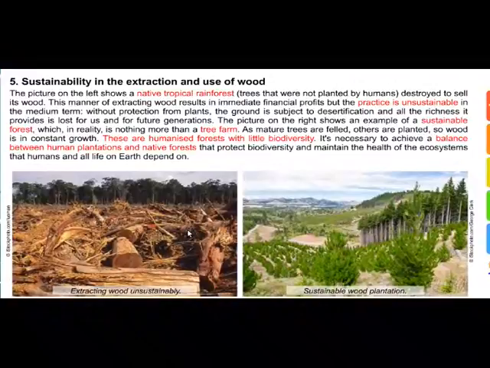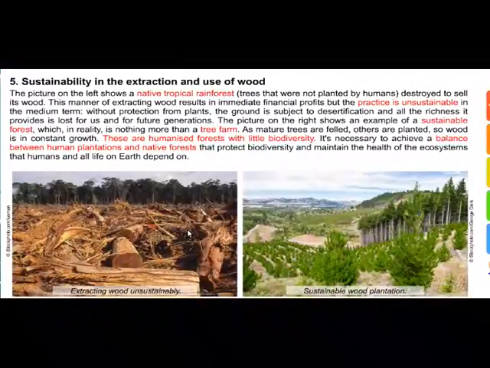Sustainability in the extraction and use of wood. The picture on the left shows a native tropical rainforest. There, trees that were not planted by humans are destroyed to sell their wood. This manner of extracting wood results in immediate financial profits, but the practice is unsustainable in the medium term. Without protection from plants, the ground is subject to desertification, and all the richness it provides is lost for us